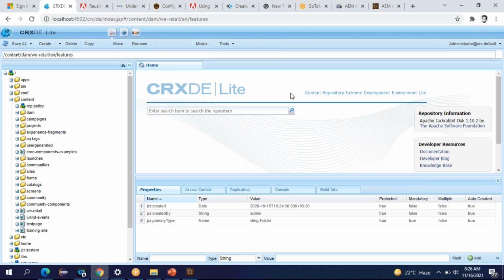We are not doing anything specific to classic UI. Maybe while creating the dialog, you will see how to create dialogs in classic UI. But everything will work in touch UI. Classic UI is also important because not all projects are created using 6.4 or 6.5. You will find projects in 6.0 and 6.1 also. And for your next project, you don't know which version you are going to work on, right? If you are going to start a new project, then touch UI is sufficient. Also, everything will be on Sling, the latest topics, not on JSPs, right? No JSP. All the components will be developed in Sling. Okay.